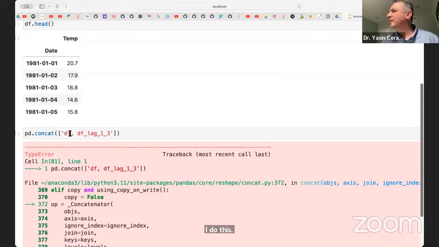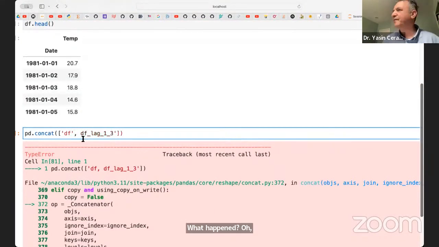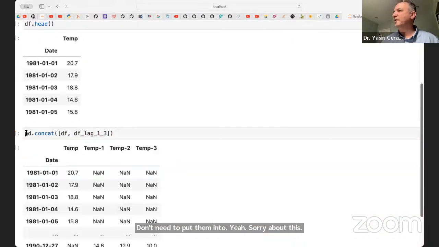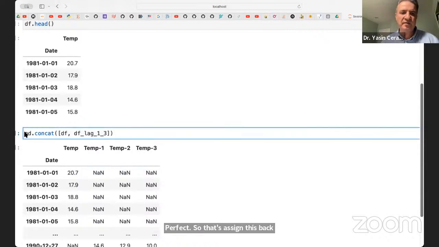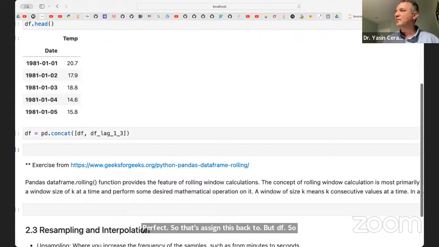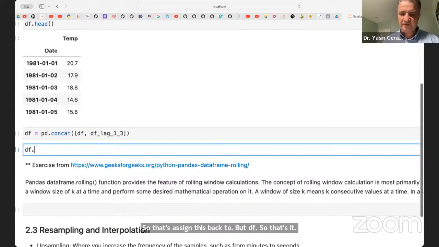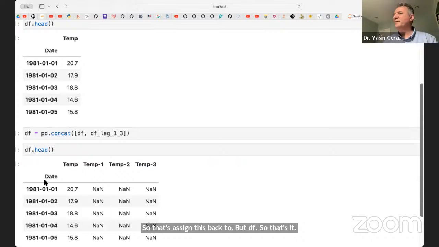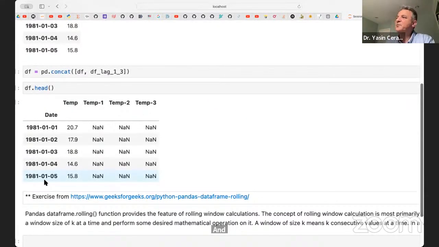what happened? Oh, I don't need to put them into a list. Sorry about this. Perfect. So let's assign this back to df. So df equals that, and then df.head(). Perfect. So now I have the version of my data set where,